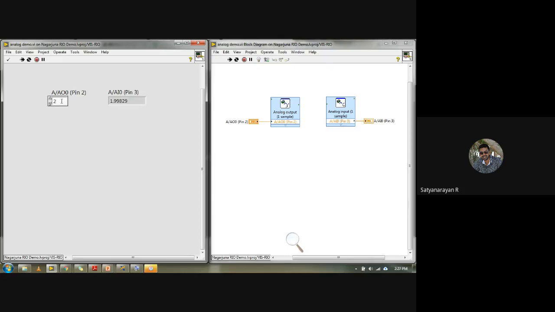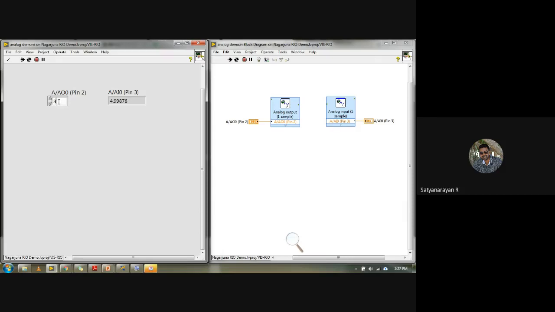Similarly for 5. So I told you the voltage range is from 0 to 5. So if I make it 5, hardly will you get the fifth output. Okay, so now you are getting 4.99. But if you make it 8 or something, here you can clearly observe you will not be able to get the result. So now the maximum you are getting is 4.99. Even though you have given 8, so why?